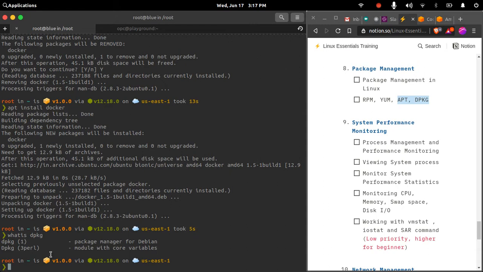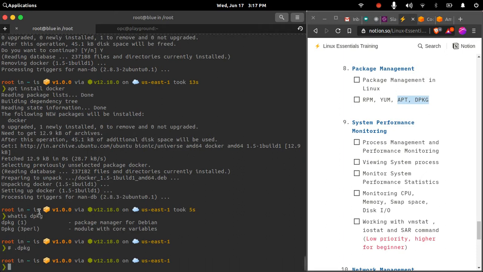Similarly, files ending with .deb will be installed with the Debian package manager, which is this one. Okay, so you can use apt for installing packages, which will not require you to download the package file somewhere in your file system and install it. It will install directly. There is no need for you to go to the page where the package is listed, download it from there, and then install it with dpkg. You can use apt directly.